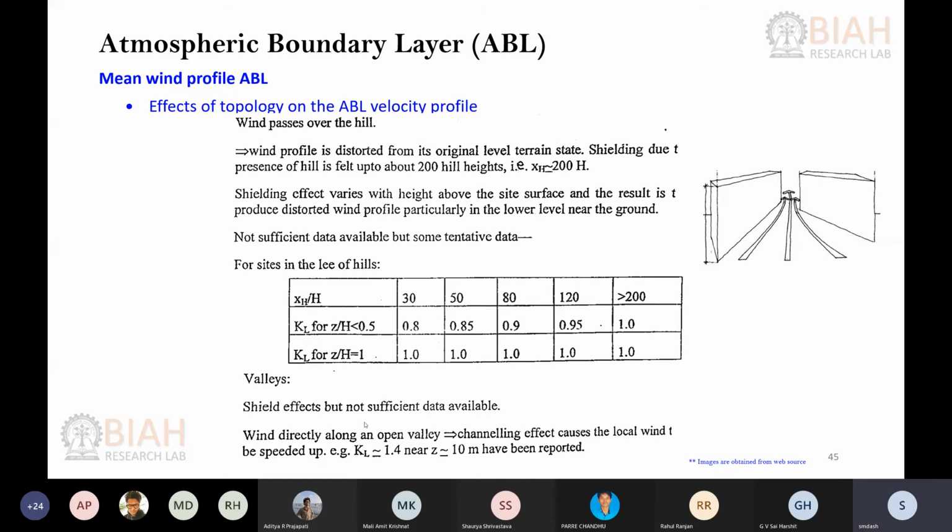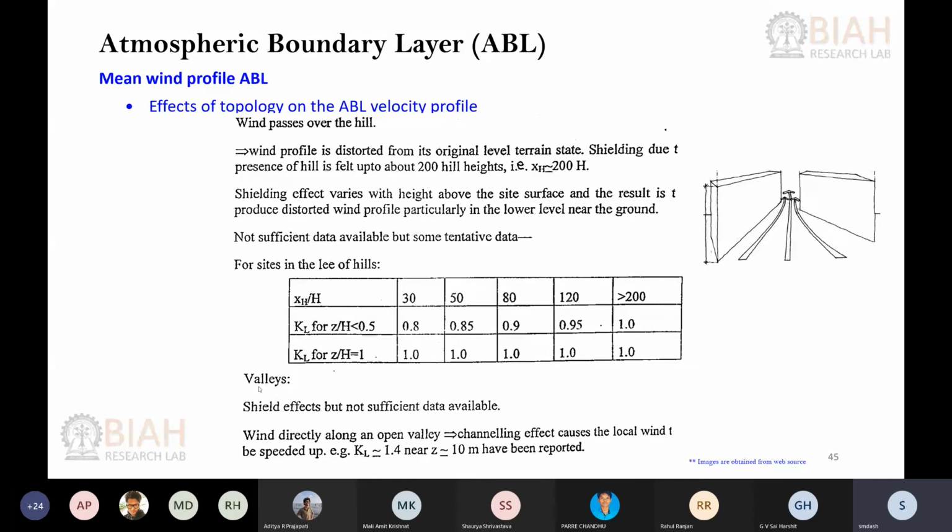Yeah, this one, sir. On the leftmost column, the bottommost row, should that be greater than 1 or equal to 1? Because you just said for z by h greater than 1. Yeah, you can see that at 1 itself it is already 1. So anything you go higher than 1, the same value stays. It is not going to change. Okay, so that is what it indicates here.